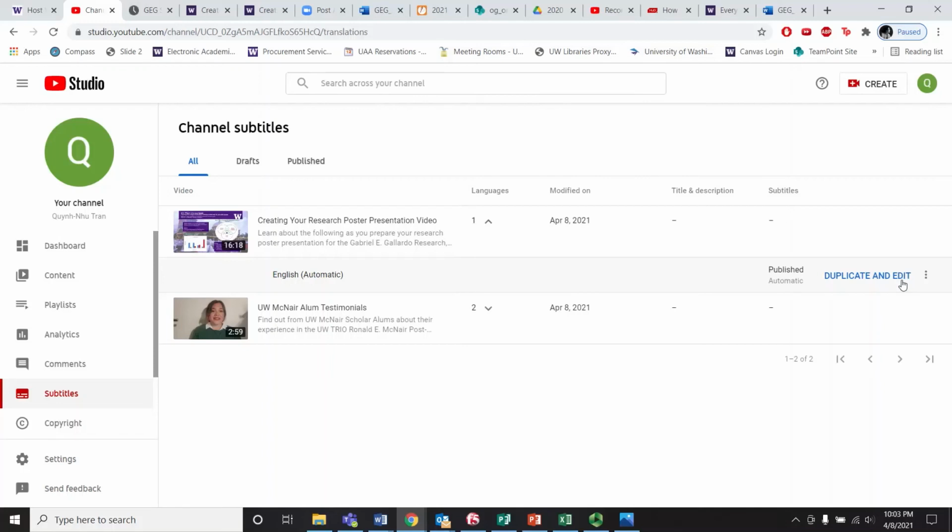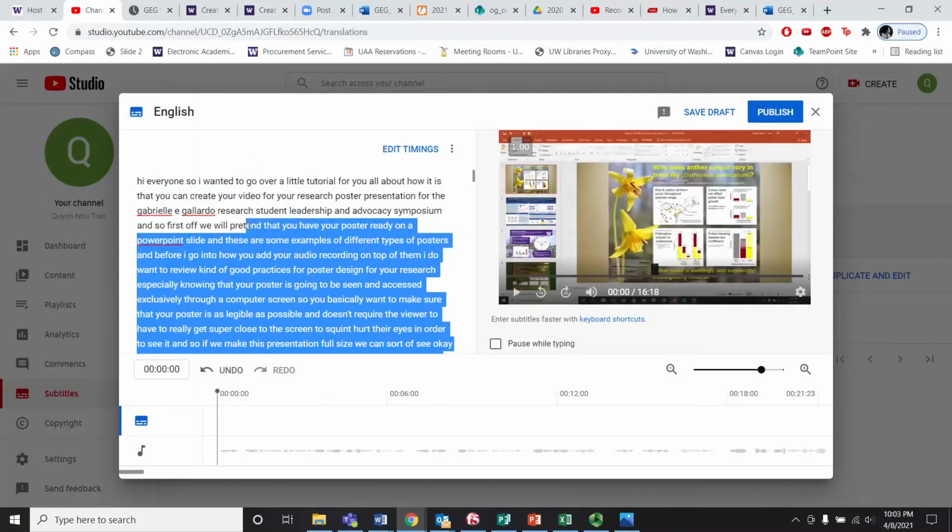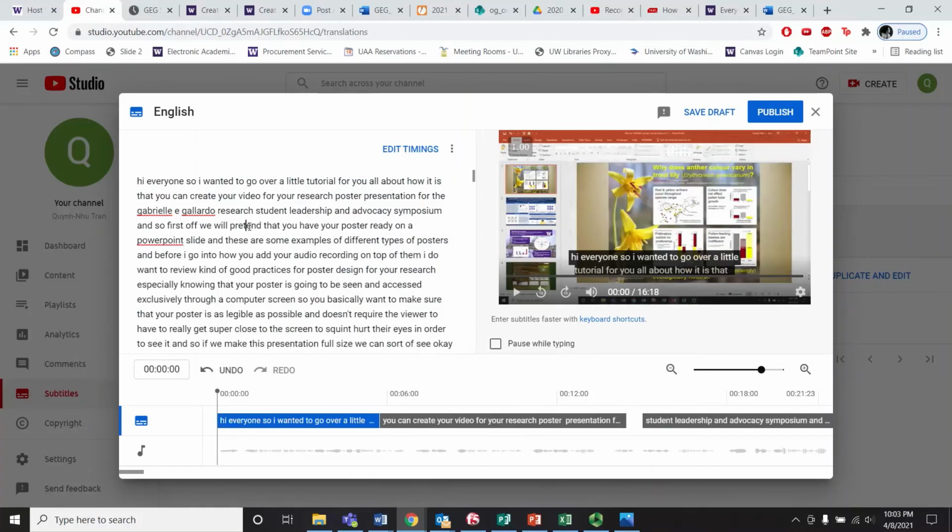Once you see the duplicate and edit button, go ahead and click it, and then you have your text, the automatically generated portion that YouTube came up with for what is being said in your slide. Make the corrections as necessary. YouTube does not do punctuation or capitalization, so go ahead and add in any of those, and change any words that are wrong, such as this one, where it slightly misheard the name of the conference. Just keep going and making those corrections to your research slide so that it is as accurate as possible for any folks who might be using closed